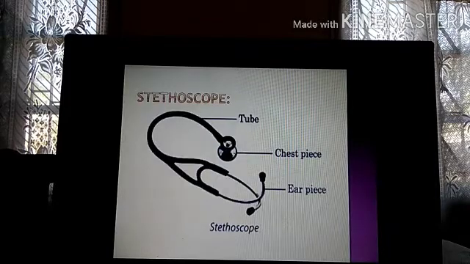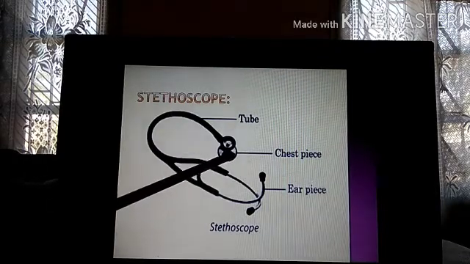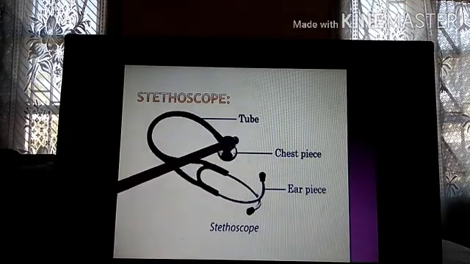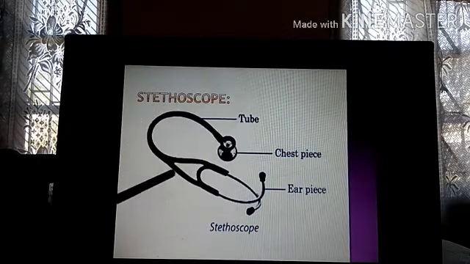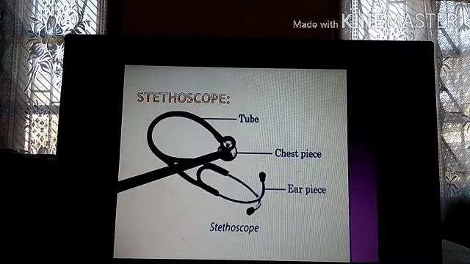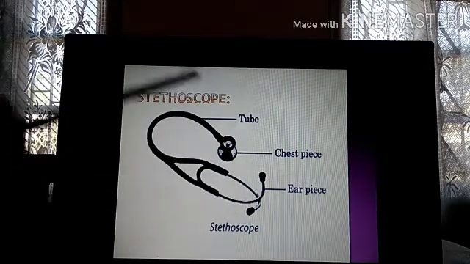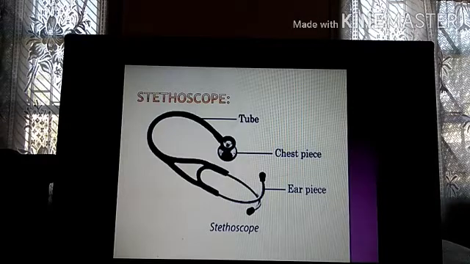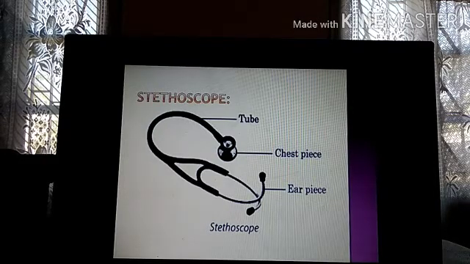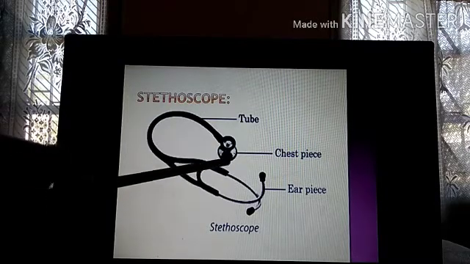Now this is the stethoscope. This you can see is the chest piece. This chest piece contains the diaphragm. This is the tube, and these two are the earpieces. That means these two you put inside the ear. This chest piece is placed near your heart, and this tube joins the chest piece and the earpieces. With the help of this, your heartbeat can be heard louder. Amplify means the sound is increased. It will be louder, and the doctor can hear it clearly. So this is your stethoscope, and the diaphragm is present in the chest piece.